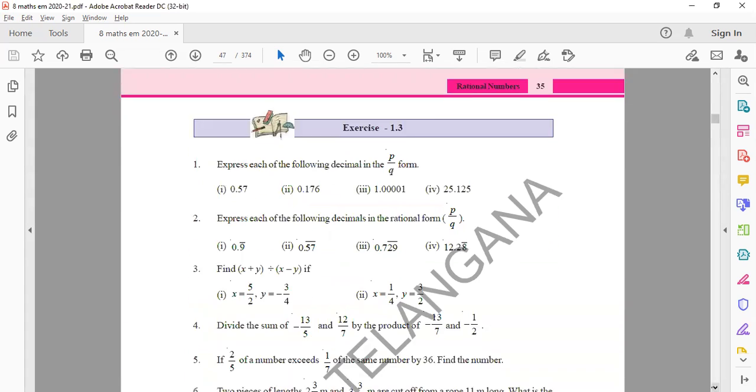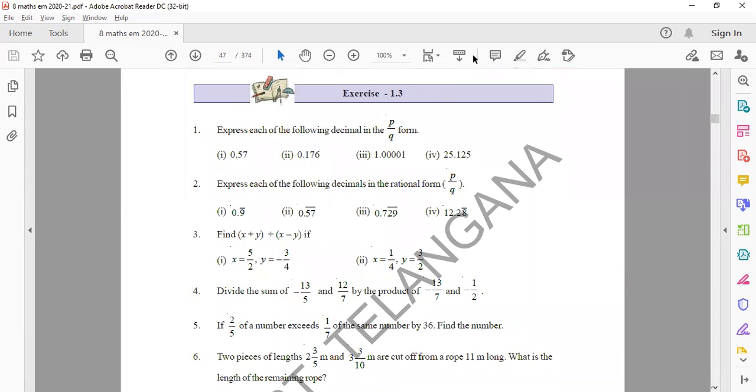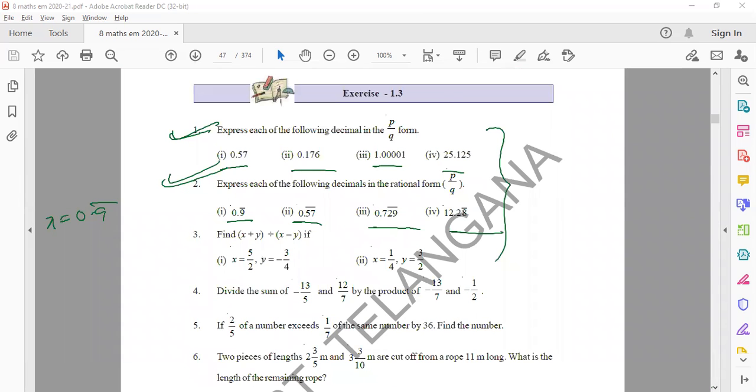Now we have exercise questions, many questions, exercise 1.3. I think you people have to try to look into that. First exercise, second exercise, both you work. First bit, second bit. It's a very simple thing. You can do it out. This is 0.5, x is equal to 0.9 bar. You start working. If you're not getting, tomorrow I'll explain this. Till this, you should work on that.